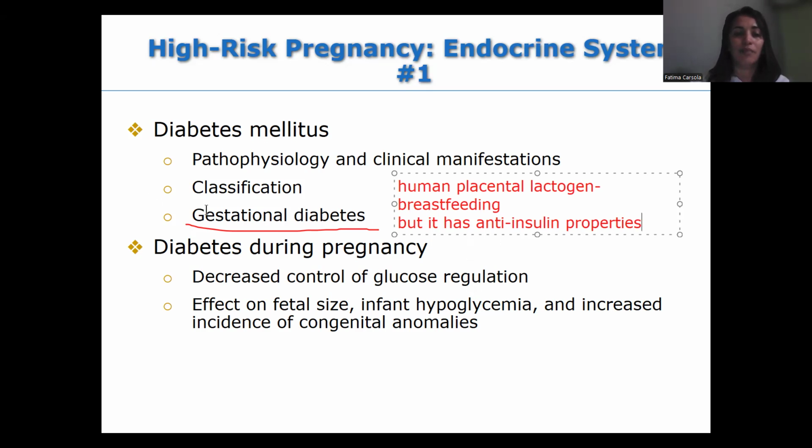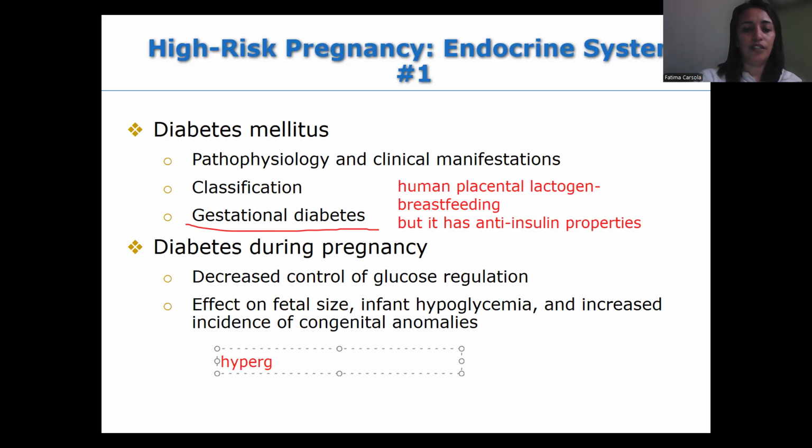So what is the main cause of gestational diabetes? It's the human placental lactogen that is primarily for breastfeeding, but it has anti-insulin properties. That would cause gestational diabetes. And what is our problem with gestational diabetes? We'll just have to focus on board exam questions. It could lead to